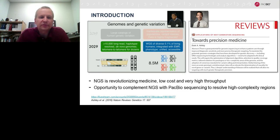So in terms of motivation, and how far we've come with regard to precision medicine and where the field is going, I'd like to cite two leading scientists in the field and some of their recent perspectives. On the left, you see a slide presented by Jay Shendure, a Howard Hughes Medical Institute investigator and professor at the University of Washington, at the NHGRI roadmap and vision meeting that happened a few months ago,